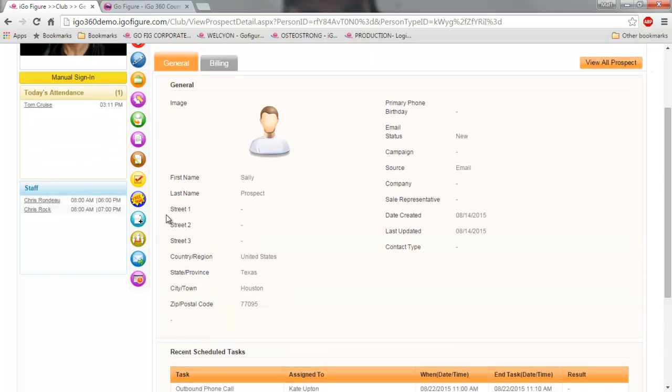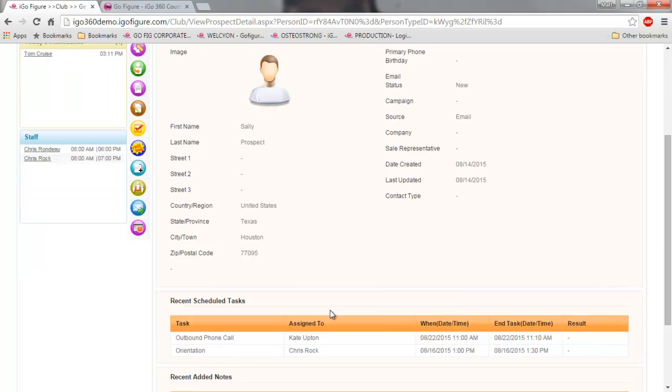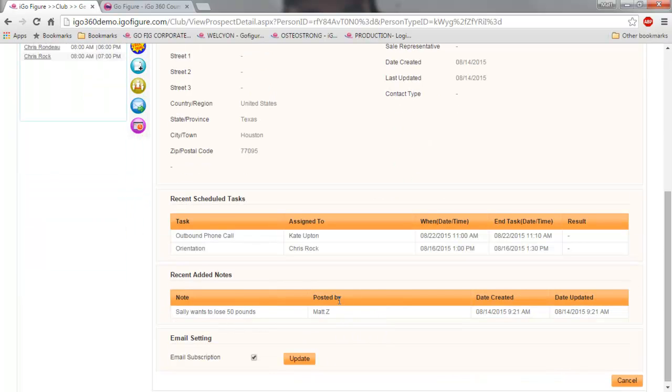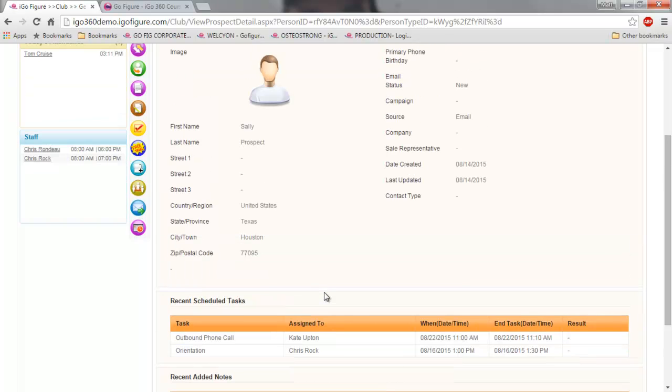So as you get information on a prospect or on a member, you can enter notes, and so your other team members will know what's going on with that particular member or prospect. So I always really advocate using the note feature. If there's anything unique going on with any of your members or any problems that you've addressed, you can enter a note there, and then your other team members will know what's going on